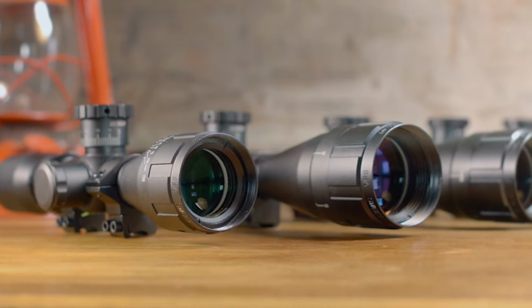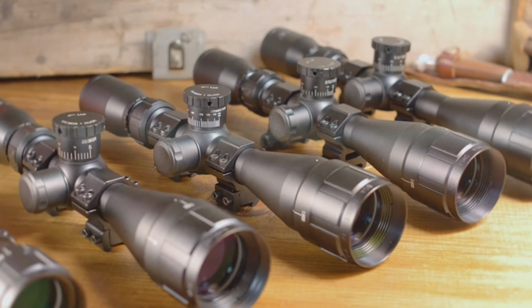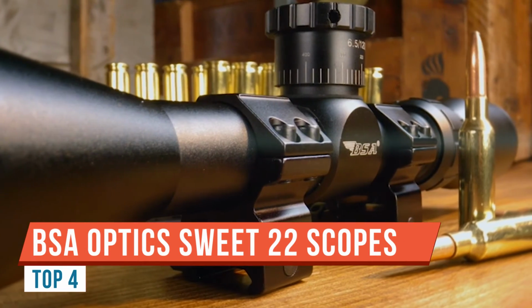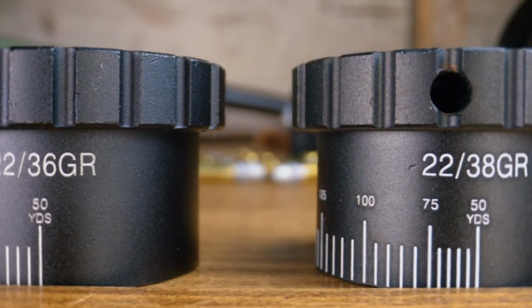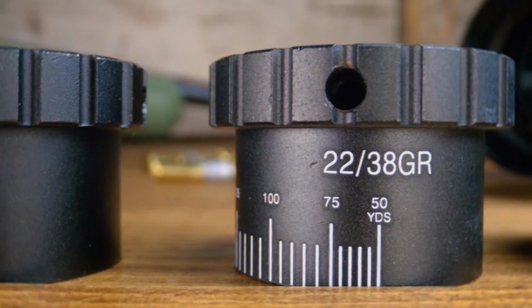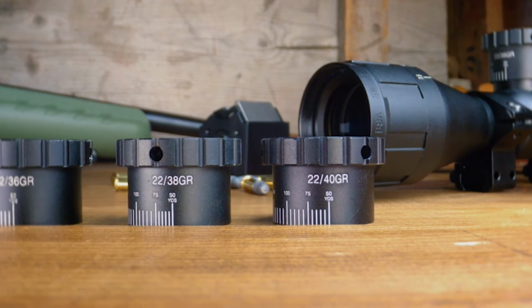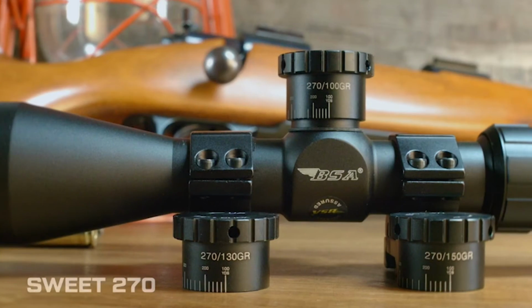Hey gang, thought we'd do a little bit of unboxing on the BSA Sweet 22 Riflescope 3x9x40. It's got a pretty cool turret system on top of it, and it's pretty inexpensive. This is your turret system here. I believe the way it works is you zero it in for 50 yards, and then once you have that